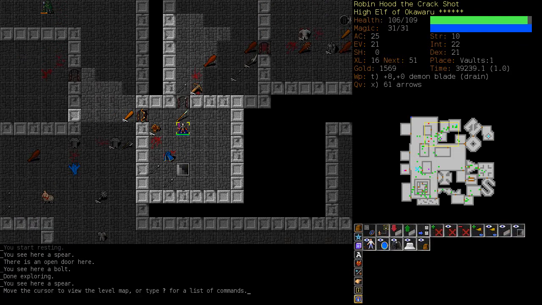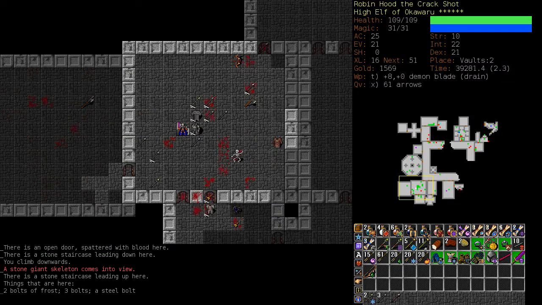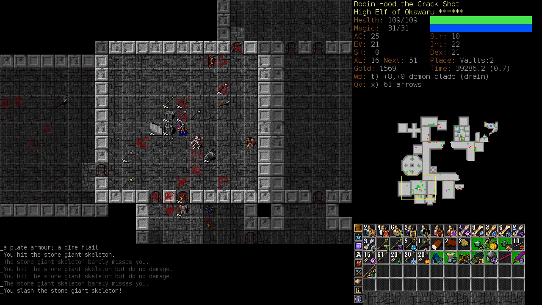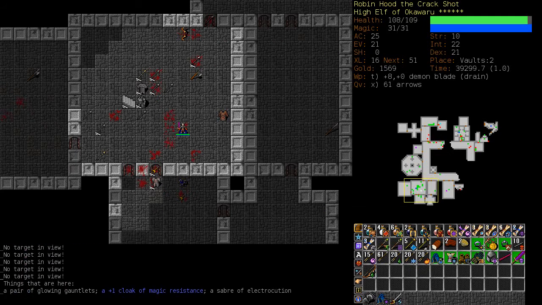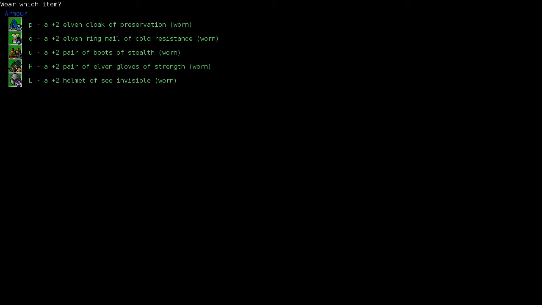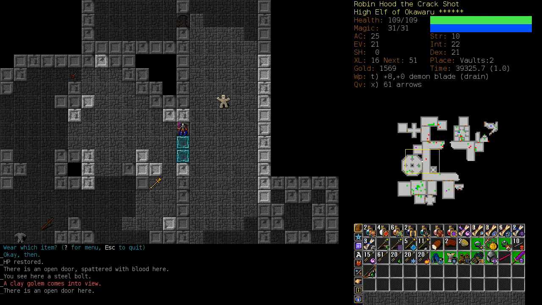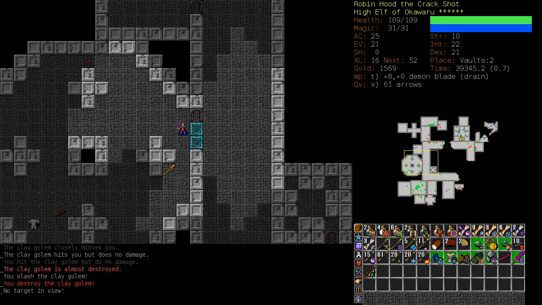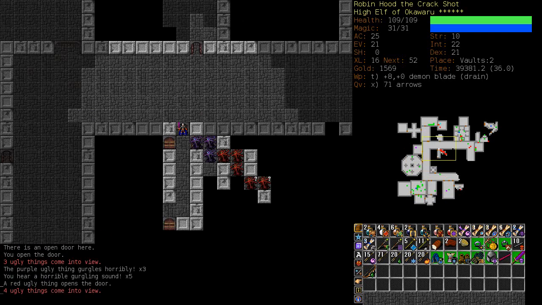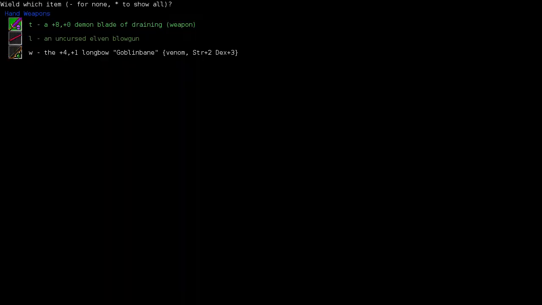Well, I'm beginning to notice the problem with this build. It doesn't have enough raw power. It is reliant on drops and expendable resources because it doesn't have enough raw power to just power through on its own merits half the time. The amount of healing I've had to do, oh shit, is pretty noticeable. Let's go with